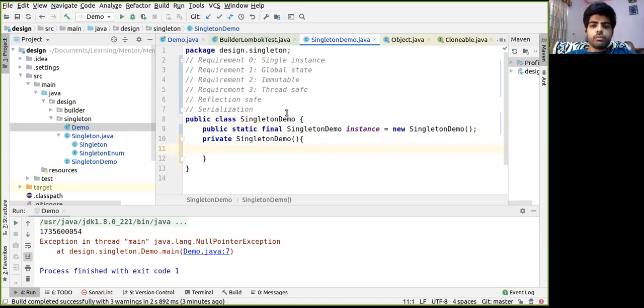So suppose we have to use it in a legacy system and we have to implement the Serializable interface. Then we have to make it serialization safe, as well as reflection safe in some scenarios. Okay, so how do we do that?